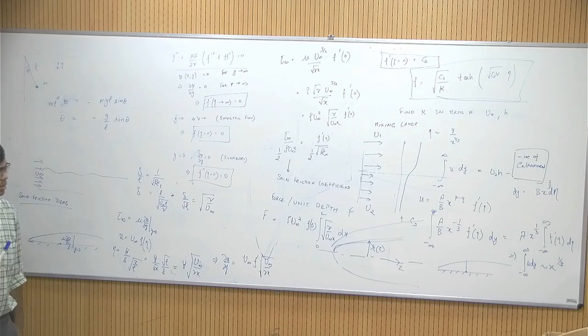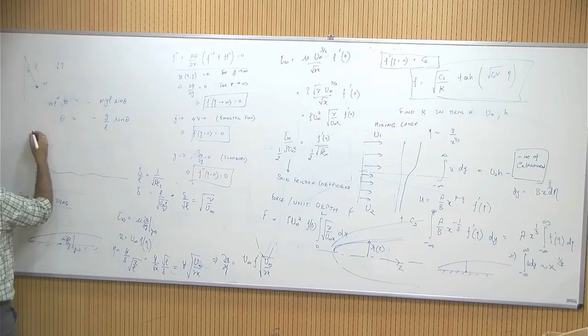We'll have more discussion on that as we move to turbulence, but the fact that you have a steady solution of your nonlinear equations doesn't mean you will always observe it. It is also very important to look at the stability of that solution, and that brings us to the concept of